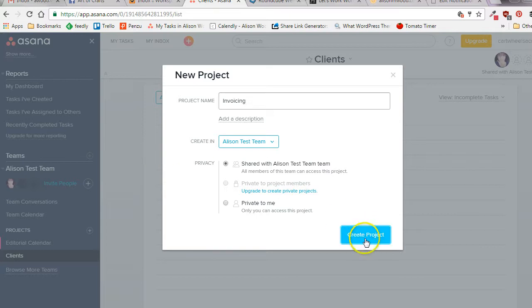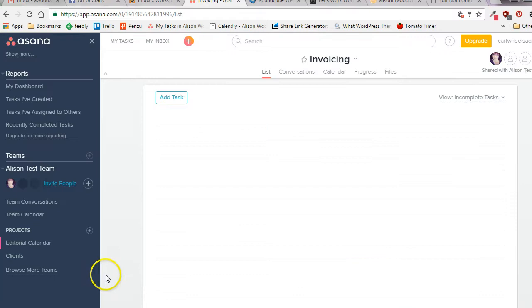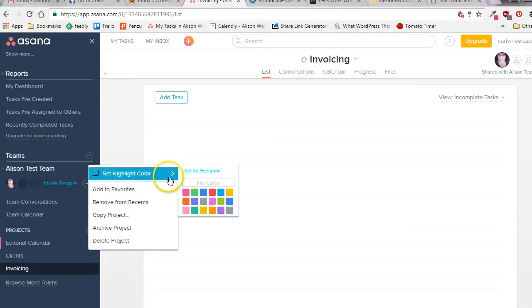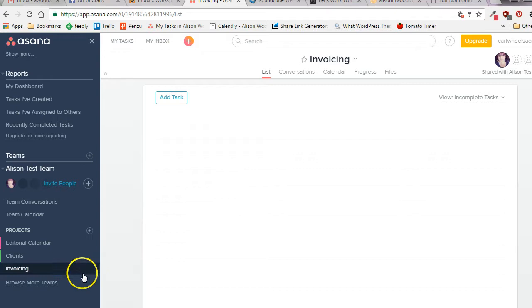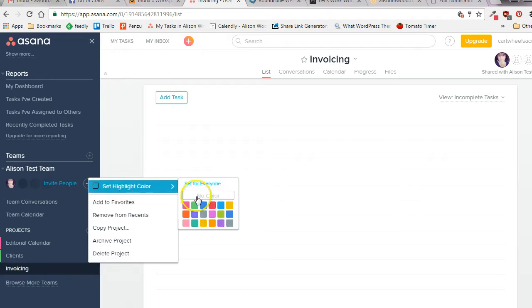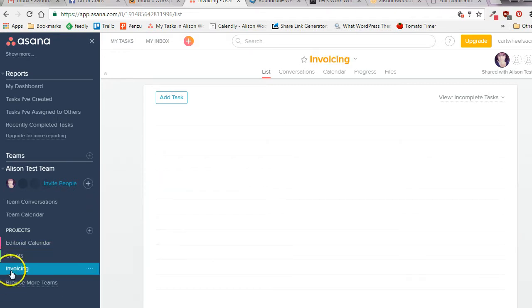I'm not giving you a full rundown today of Asana. I might do that at another time, but what I really wanted to show you was the power of it for actual editorial calendars. So let's just choose different colors there, so you can see down the side. It just makes it a little easier. Anyway, let's head back to our editorial calendar,